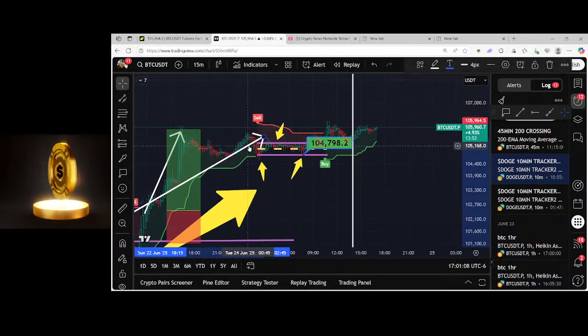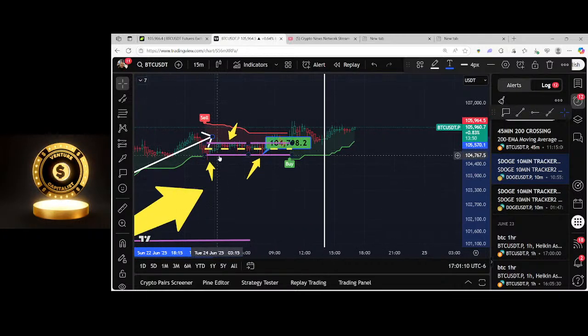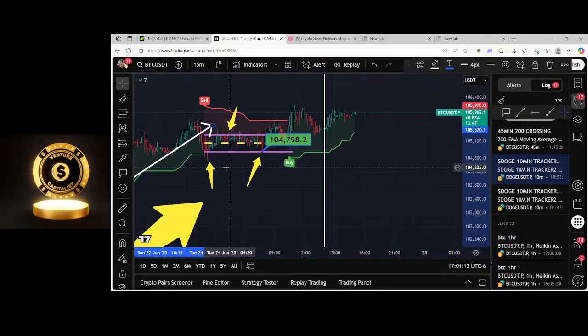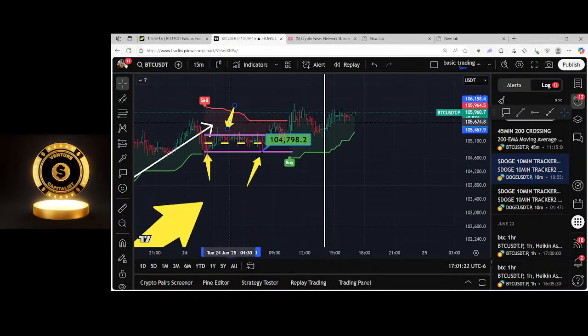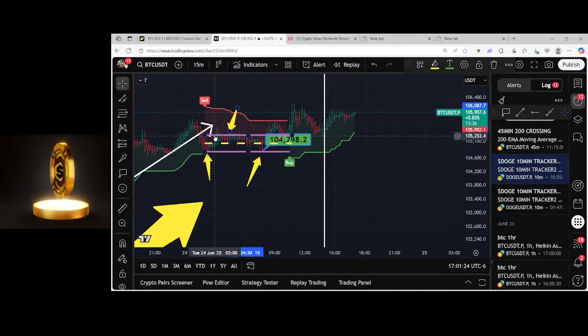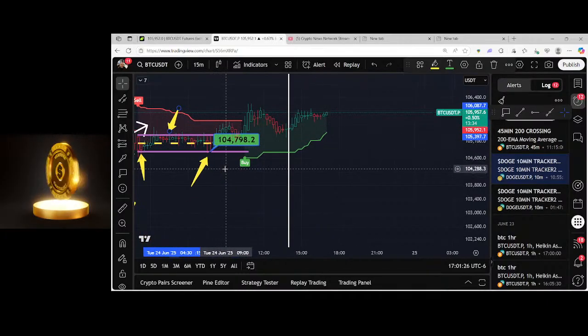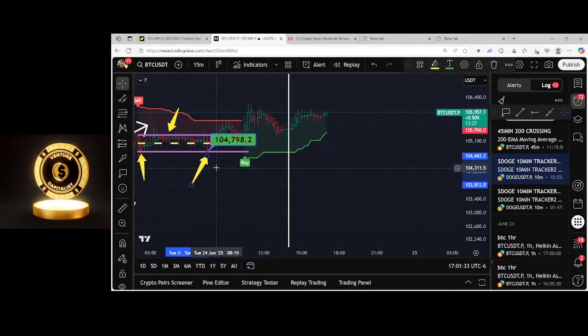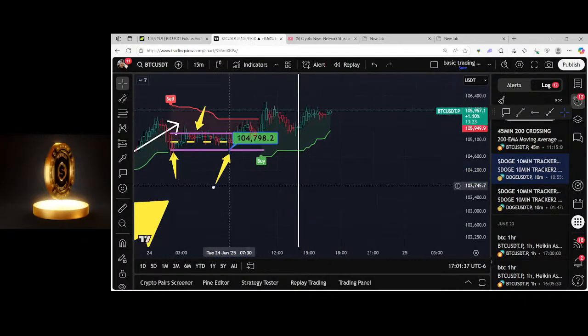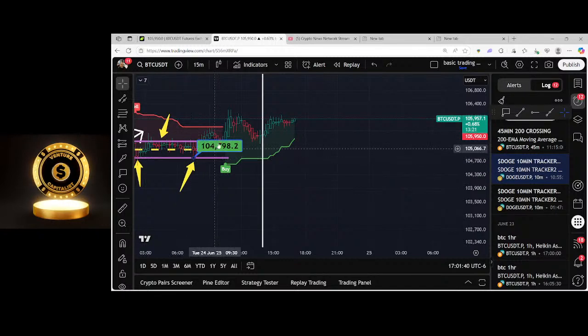So right now you know that in this particular white box Bitcoin is trading to the upside. So once you see a sell signal and it creates a low right here, and then it creates a high, and now you have a channel from the top to the bottom of this purple, you can put an entry at the bottom of that purple at 104.798 as an entry, because you know that down the road eventually it's going to break above